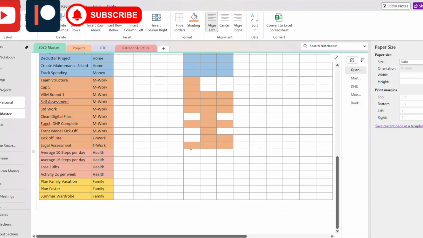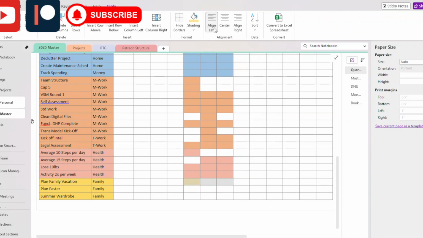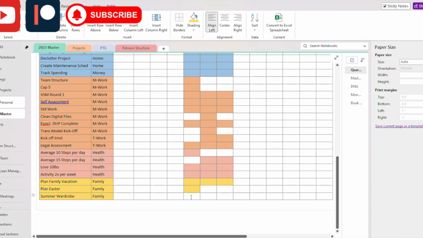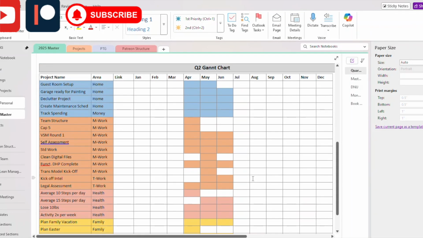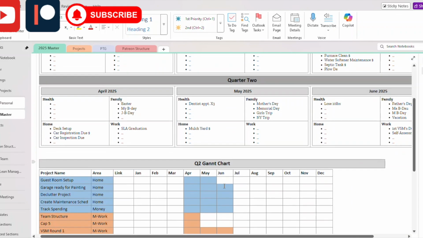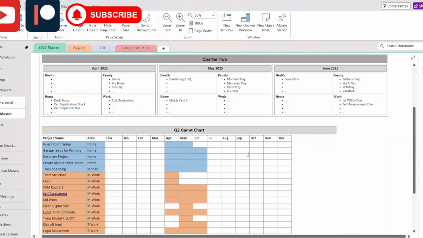So I'm just color coding it so I can understand what months it'll be. So this 10,000 steps per day, I actually want to make sure that that's the average in April, and then I want to bump it up in May and June to 15,000 steps, right? So I'm planning a little bit of a roadmap in there. And what else? Yeah, so that's kind of it. So let me try to give you a little bit of an overview. Now, again, for the quarter, I just did